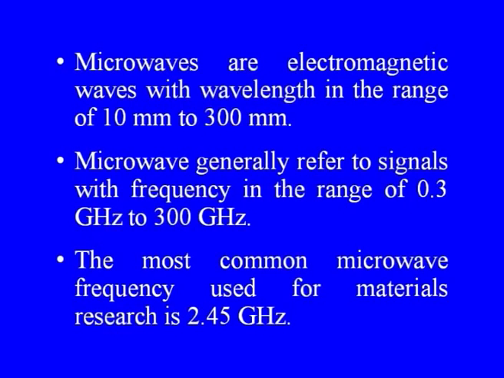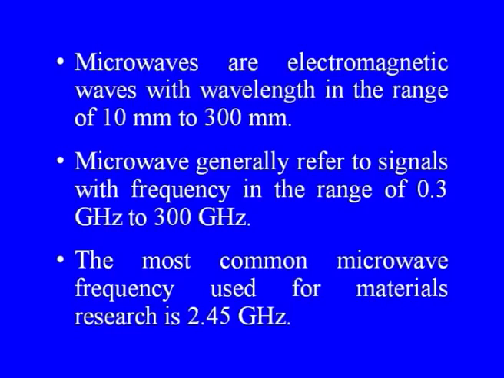We have spoken about microwaves and their effect on different materials. Now, let us quickly brush up on what microwaves basically are. We have spoken several times that microwaves are electromagnetic waves with wavelengths in the range of 10 millimeter to 300 millimeter. As we all know, there is an electromagnetic spectrum in which we can represent different rays or different energies in terms of wavelengths, that we will see pictorially as well.